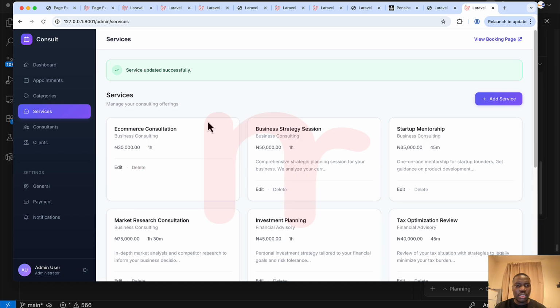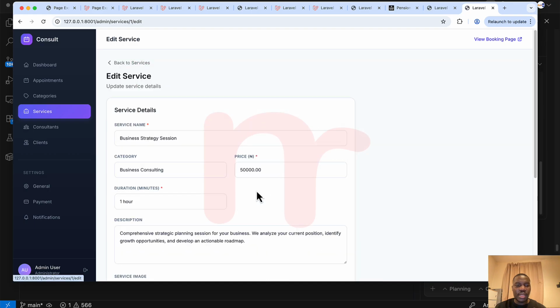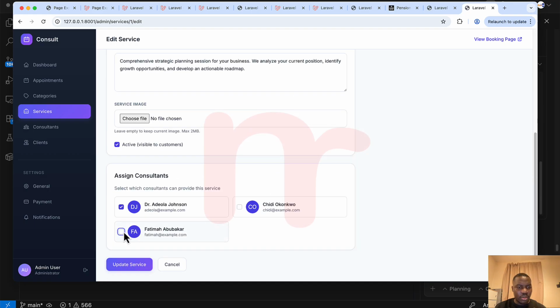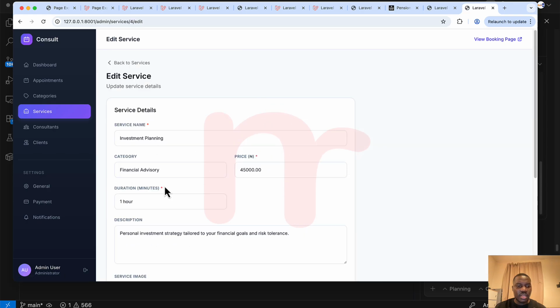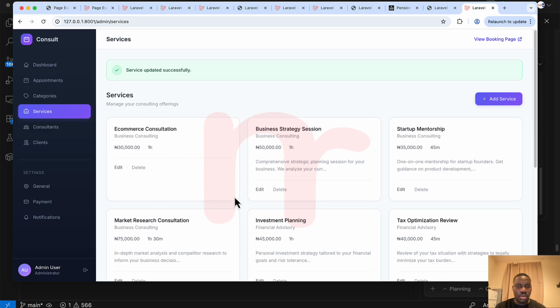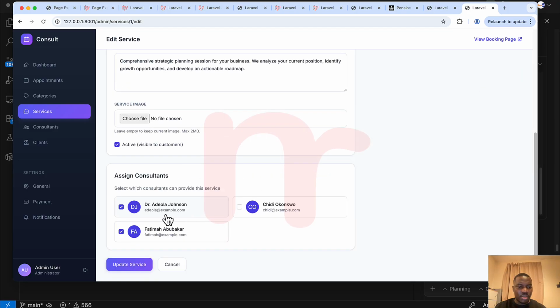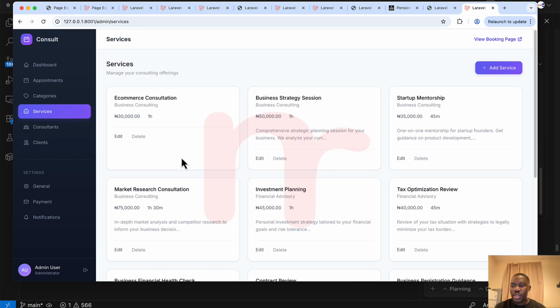I can click on delete, but it's not deleting, right? But now I can edit and then update services, right? I can edit and then I think I can assign one more consultant and update it. So if I edit again, oh, we don't have this updated. It says service updated, right? So we have two consultants updated. Now we still have an issue. We cannot delete